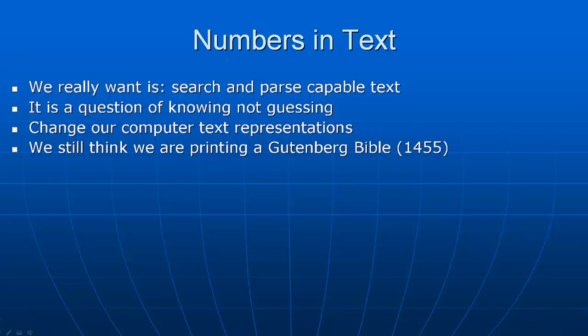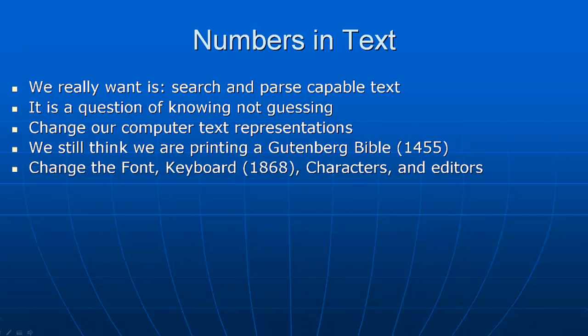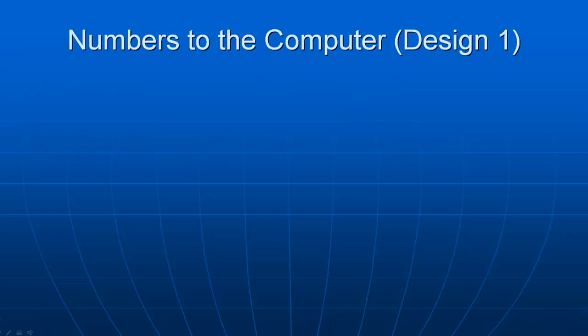Currently, we think we're still printing the Gutenberg Bible, which was 1455. So our technology here that we're still using is 550 years old. So we need to change our fonts, our keyboard, which is 170 years old, and our character sets, which is even older, and our editors that still work in this environment. Here's my first design